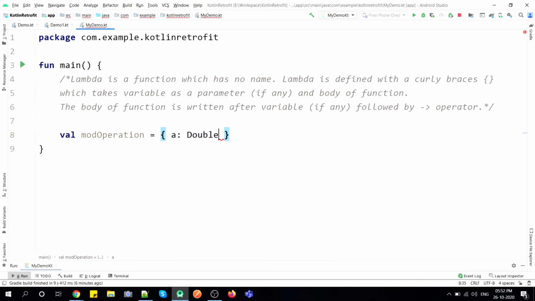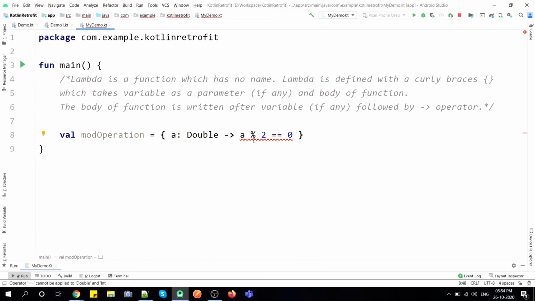So I have declared the variable of a function, that is, usually we declare it in the parameter of the function. So like that we have declared here. Now this is the parameter of our lambda function. Now whatever the body of the lambda function will be comes after this arrow. So I have created this arrow, and after this whatever I write will be the body of my lambda function. So I am writing here a mod 2 equal to 0. Now in this expression I am checking whether a mod 2 is 0 or not.